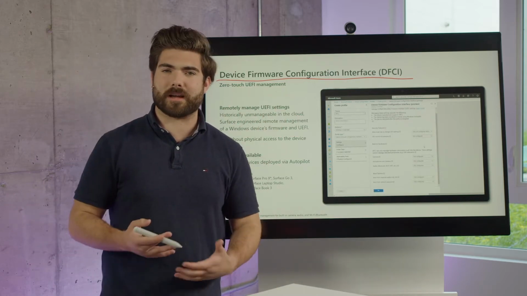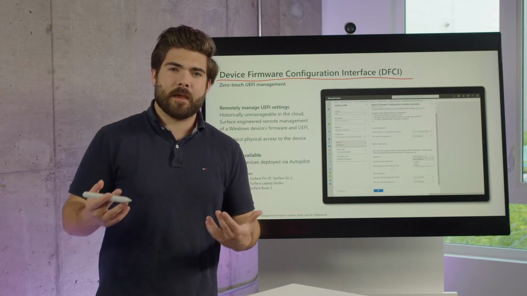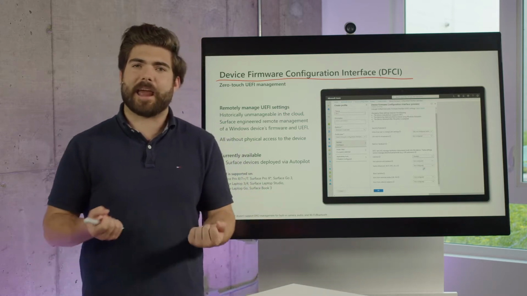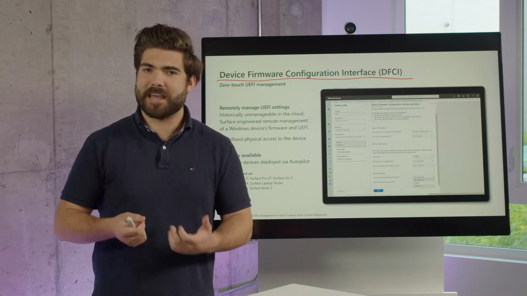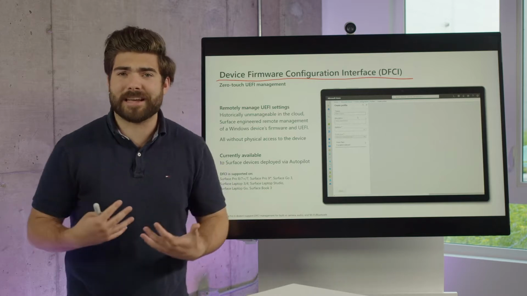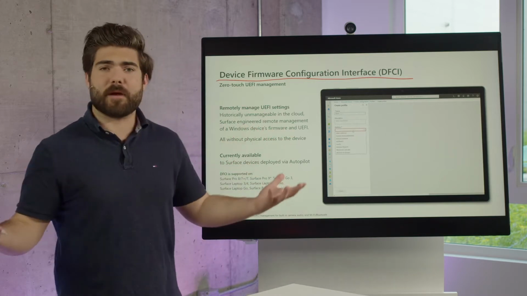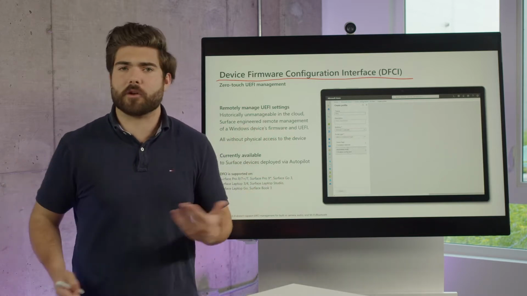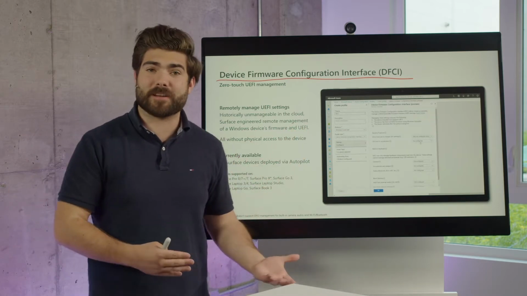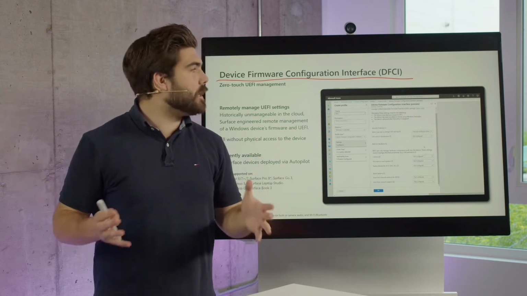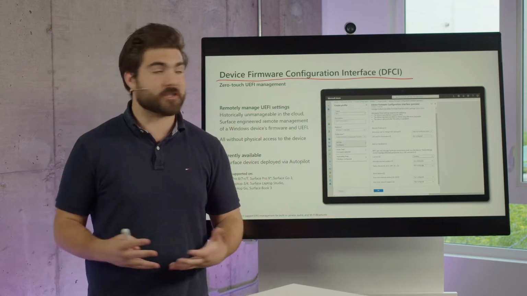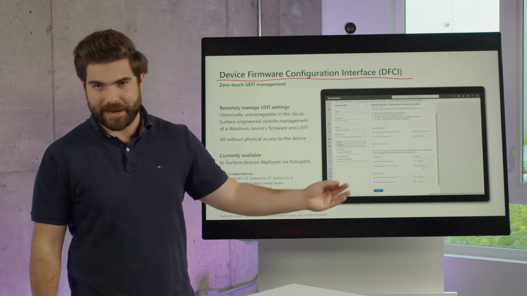enabling you to protect this area of the device, every device within your organization's ecosystem, no matter where each individual might find themselves, because now IT members can't have physical hands on every single device in this hybrid work world when you have coworkers living in different areas. On my team, I have team members that work in Florida and North Carolina, even Canada. Our IT department is based in Canada and I'm here in Seattle, but we're able to fully manage and protect our devices thanks to advancements like our zero-touch UEFI management through the DFCI.